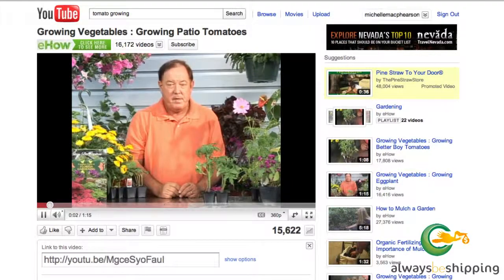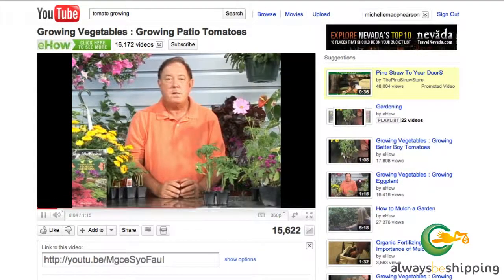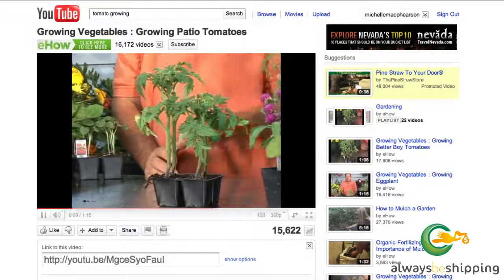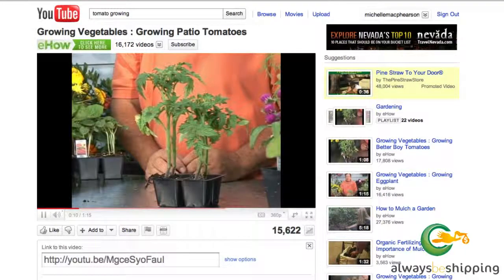Mr. Green Thumb. Variety of tomatoes is called a patio tomato, and this one looks like a patio tomato. You can grow it in a container on your balcony, in your condominium, your apartment. If you've got a small space, you can still grow a patio tomato. Probably something as small as a gallon to 3 gallon size container would be adequate. If you've got one of the box type gardens, it makes an excellent choice.